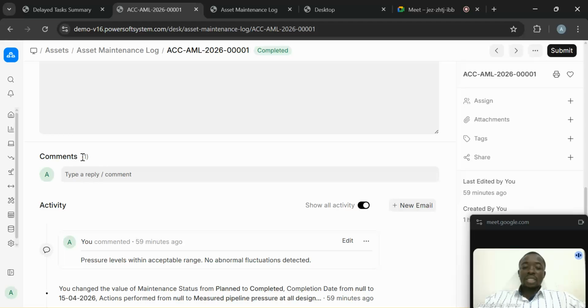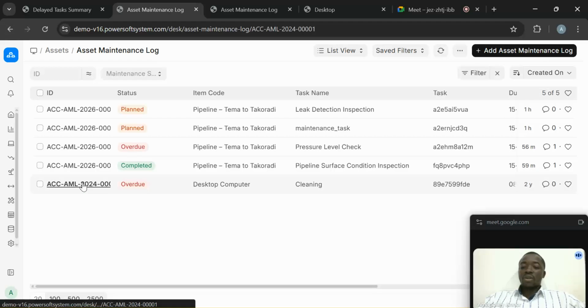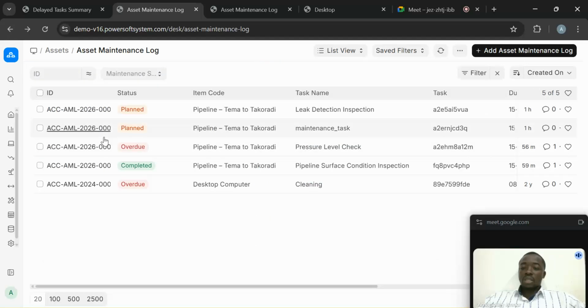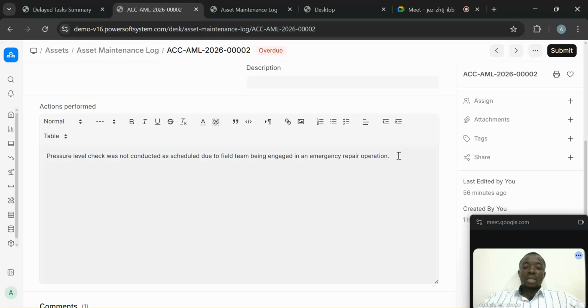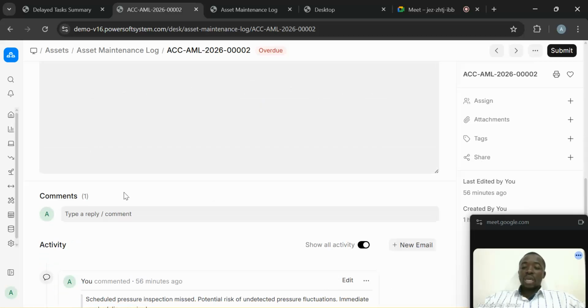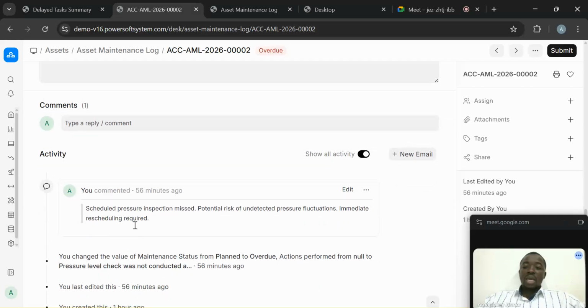And then moving from there, if there is anything that is overdue, let's take this one, for example, the person can indicate that maybe due to some emergency repair, they couldn't do it. And if there is any comment that they want to indicate, they can also show those comments. So you can see here, there's a comment: the scheduled pressure inspection was missed, and there's a potential risk